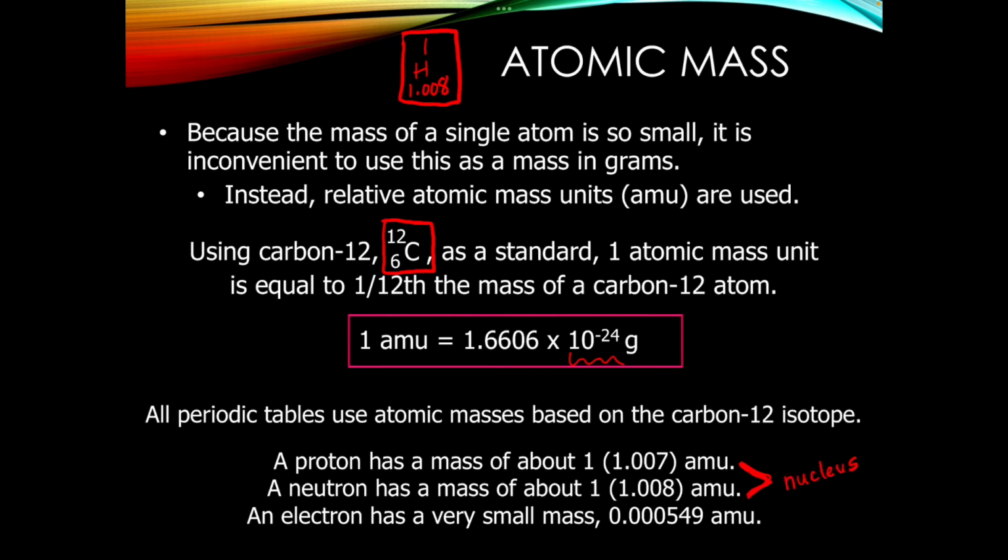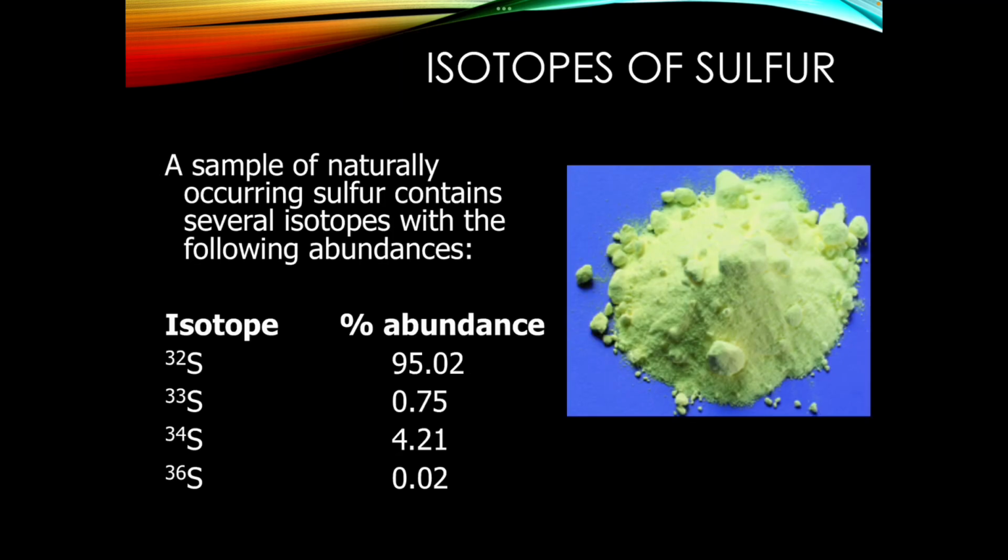And essentially, we say that the electrons have kind of like no mass because they are so small. In reality, they do have a little bit of mass, but the way I think about this is, let's say you were standing on the scale in your house, and 2 hairs fell off your head. Did that change the mass that it was showing on the scale? No, because the hairs on your head are so small, right? You can think about the hairs on your head as being an electron. They're there, they have some mass, right? But it's so small it doesn't really change the mass of the atom.